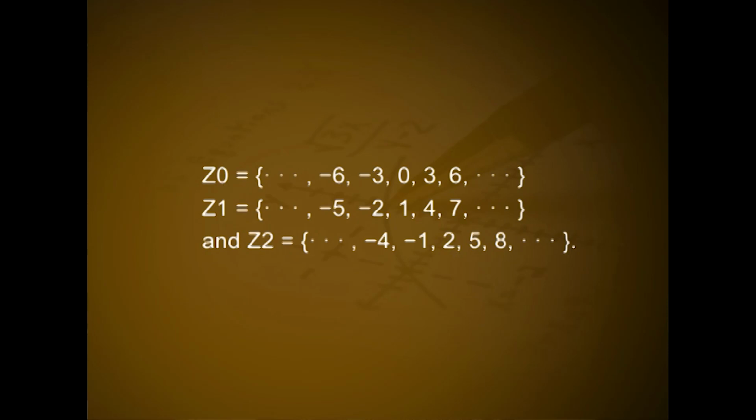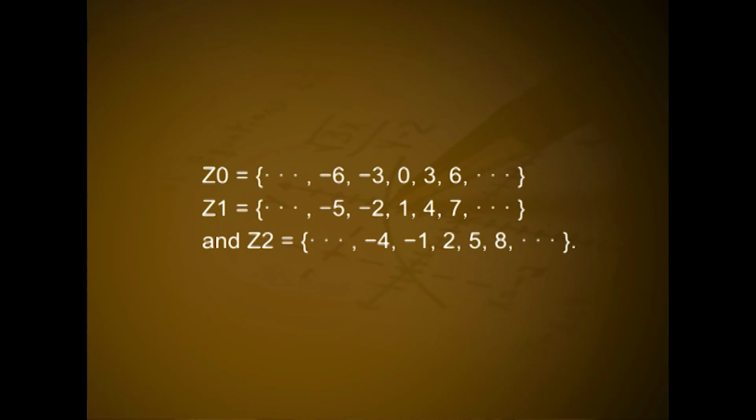Note, an important property of an equivalence relation is that it makes a partition of the set. By a partition, we mean a collection of pairwise disjoint subsets whose union is the set. If a relation R is defined on the set of integers as a related to b if a minus b is a multiple of 3, then the set of integers is partitioned into the 3 sets Z0 equals the set of